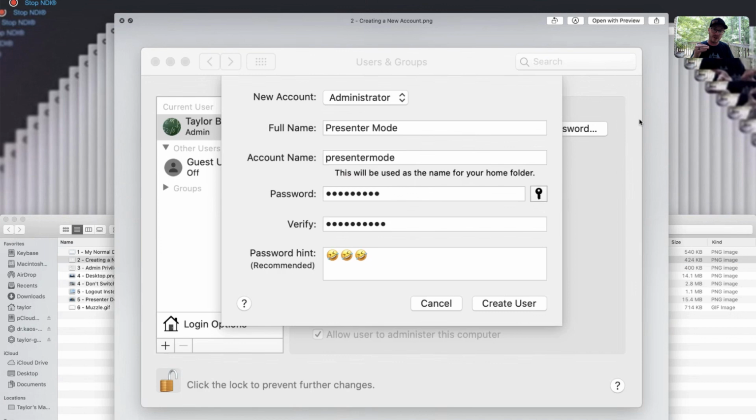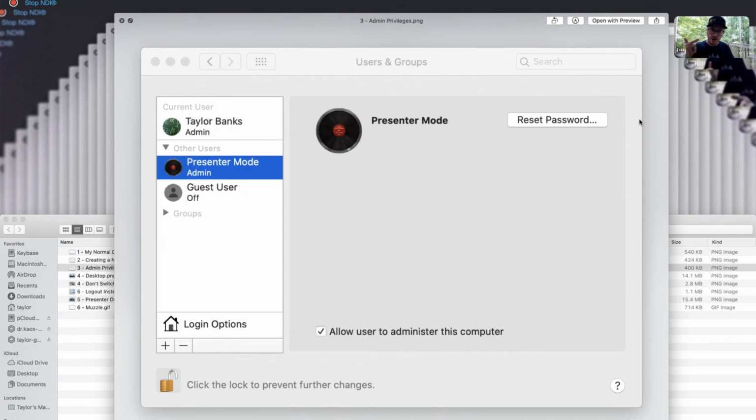Now, to go a step further, once you've created this presenter mode, I encourage you to make this user an administrator. Otherwise, again, you might have a difficult time getting access to microphones or cameras or other hardware on your Mac. Once you've set up this new user as an administrative user, I do not encourage you to use the fast user mode switching